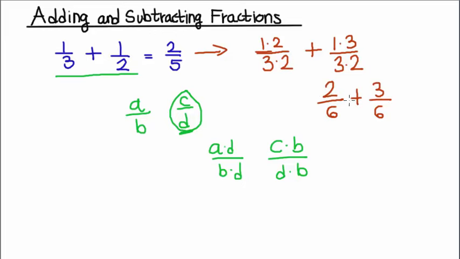So now what is the answer to this problem? Well, whenever you're adding or subtracting fractions, the denominator stays the same. So the denominator will remain 6. And what do you do with the numerators? If I'm adding two fractions, I would simply add the numerators together. If I'm subtracting two fractions, I would subtract the two numerators. So this turns into 2 plus 3 to give me a final numerator of 5. So 1 divided by 3 plus 1 divided by 2 is not equal to 2/5,